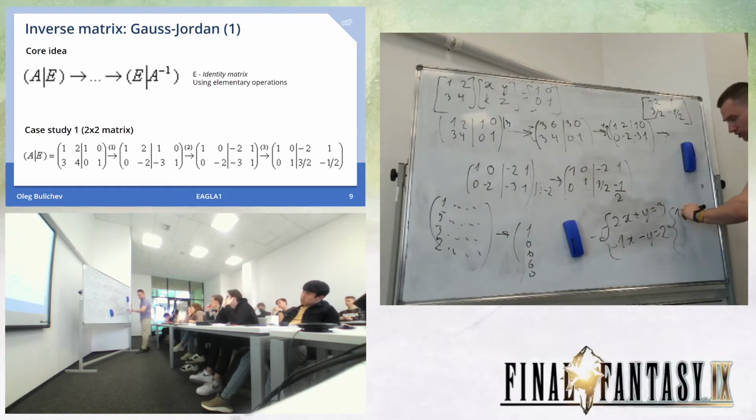It will be, for instance, 1x minus y equal to 2. And the result of this will be minus x minus 2y equal to what? Minus 1. For example, we have 3, 6, 3, 0. After that, we subtract 3, right? If we get 1, 2, 1,